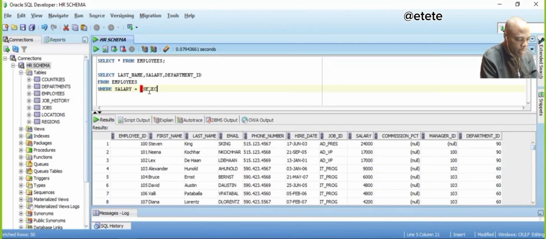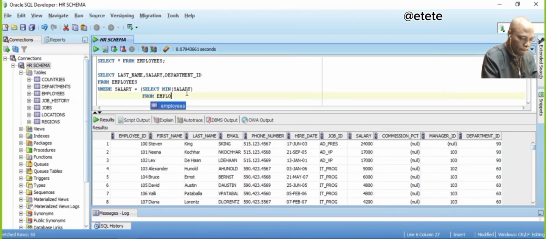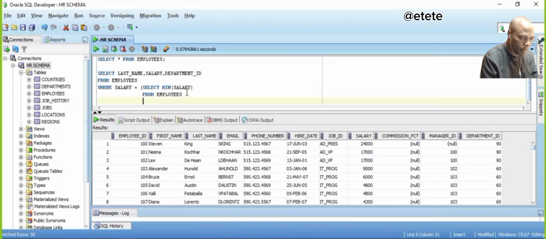So my subquery will be select. I will call a group function, min. Are you with me? So I will now supply salary to it. Salary. I'm going to bring it down like this. I'll just arrange it that way. So from employees, right? From employees, group